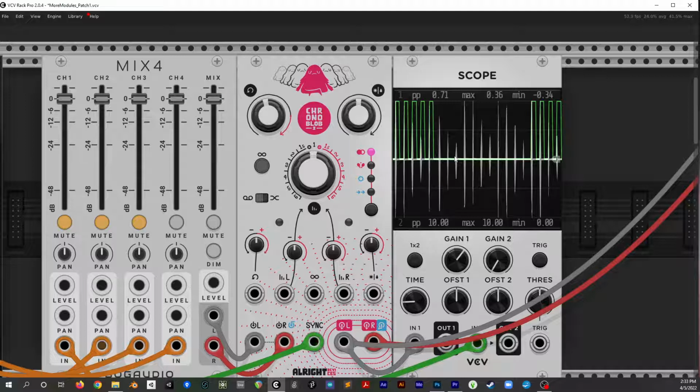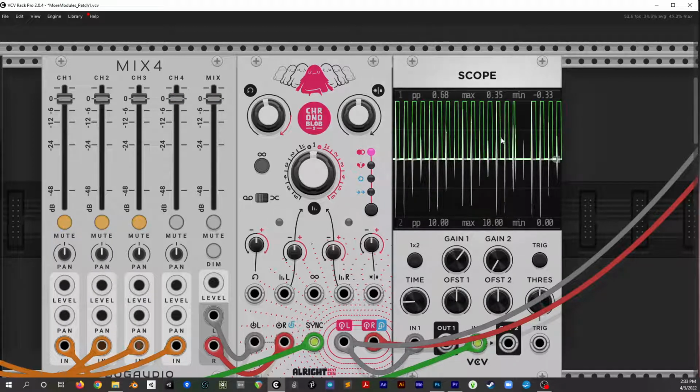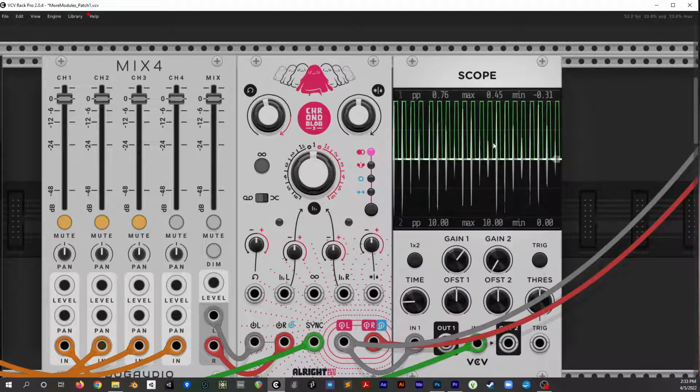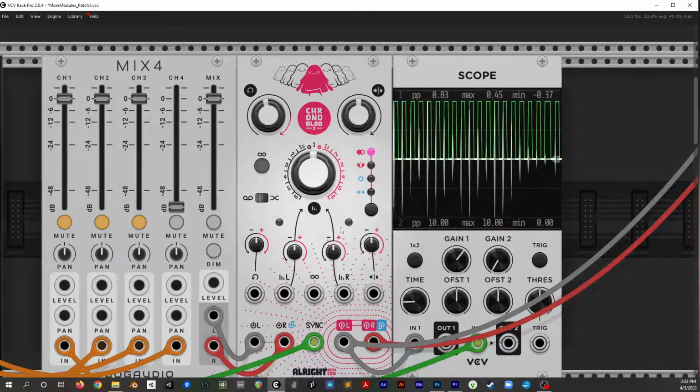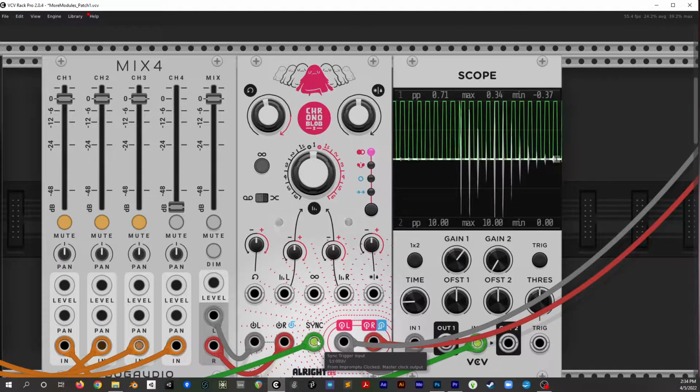So we can see all of the delay taps are perfectly in sync with our clock, which is clocking all the other elements in our patch. What that means is this delay sound is going to keep in sync with all the other elements. If I did not have the sync here,